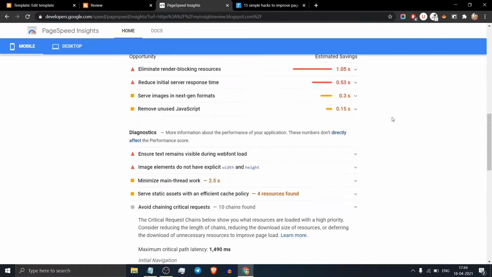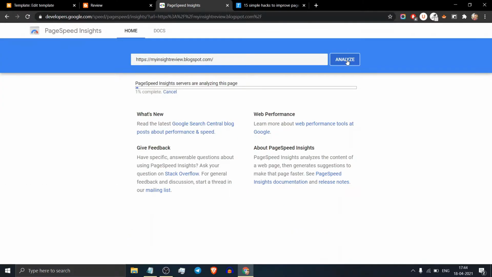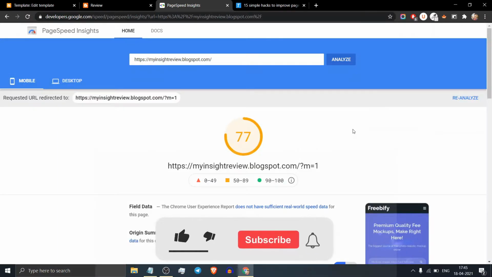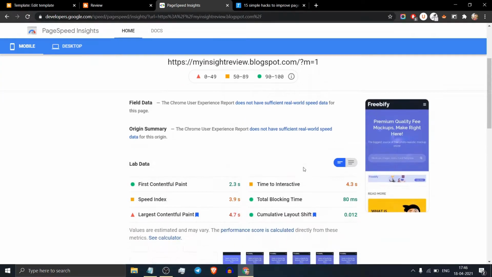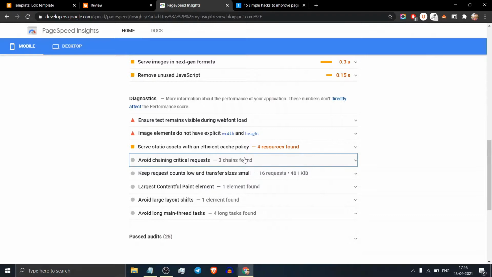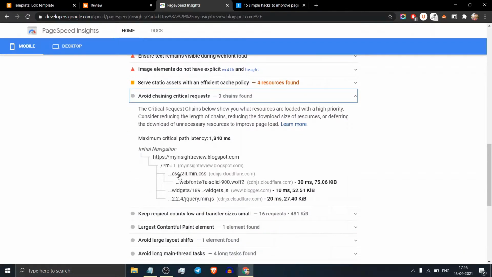Okay, now let's check. I am clicking on the analyze button again, and let's wait. As you can see, the page speed of this website increased around 5 to 10 points, and when I check avoid chaining request, it is showing 3 chain requests found.